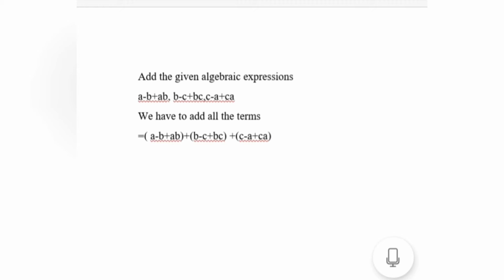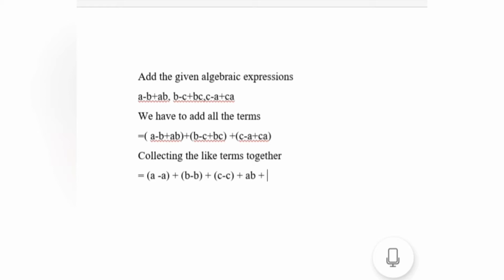A minus B plus AB plus B minus C plus BC plus C minus A plus CA equal to. The step is collecting the like terms together. We get (A minus A) plus (B minus B) plus (C minus C), bracket close, then plus AB